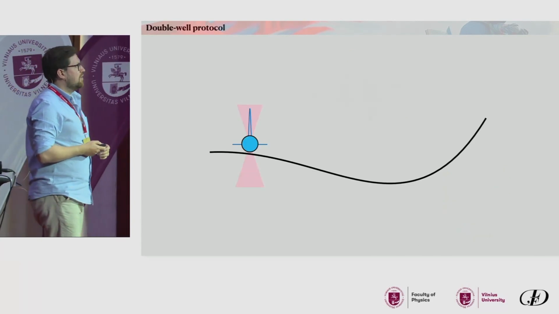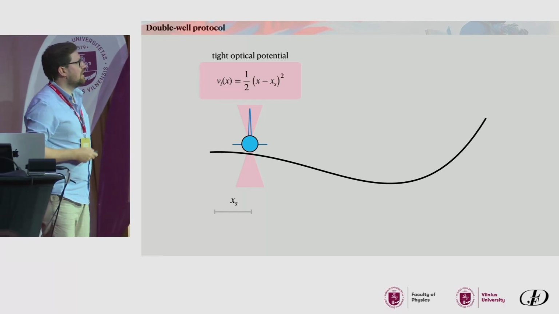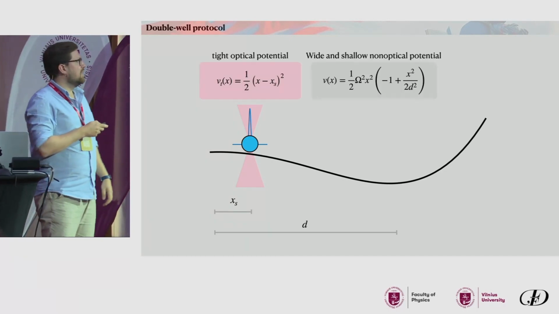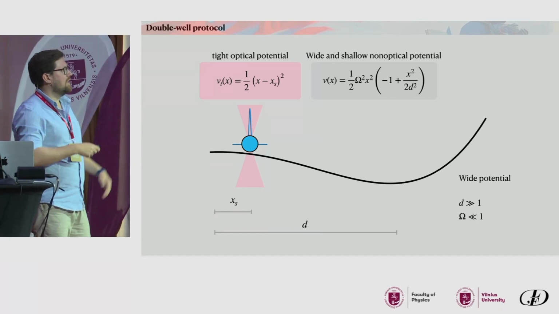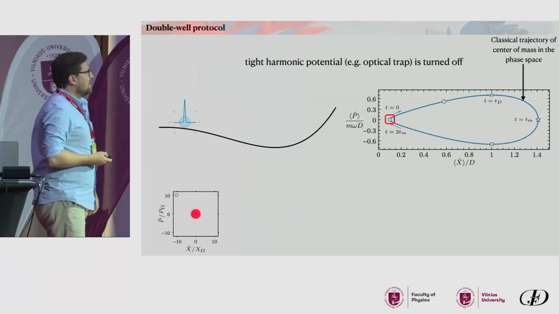So we came up with the protocol in which we use this hybrid potential. The idea is that we have the nanoparticle trapped in a tweezer. This is a really tight potential. And then we have an underlying very shallow and wide potential that can be non-optical, like electrostatic. And then the idea is